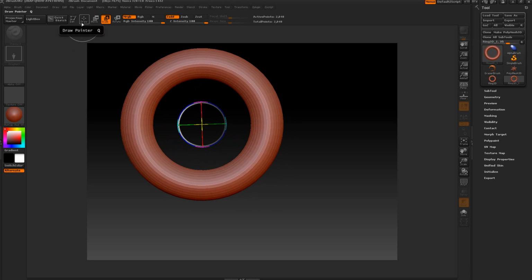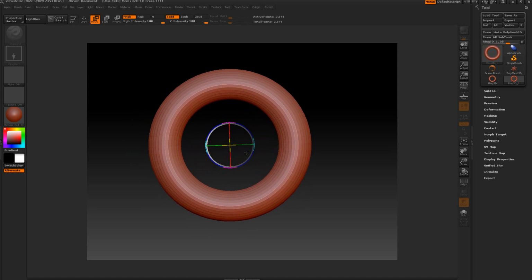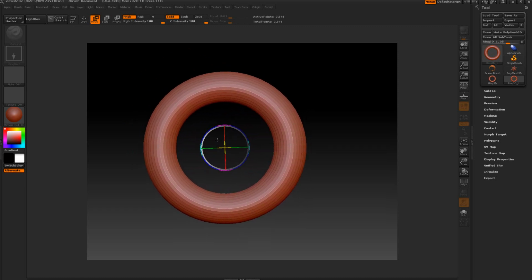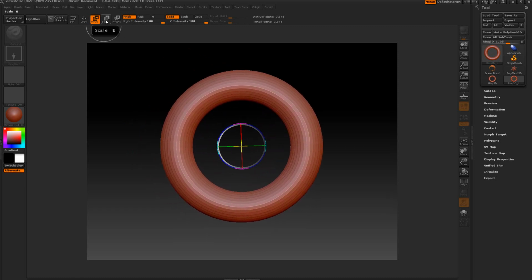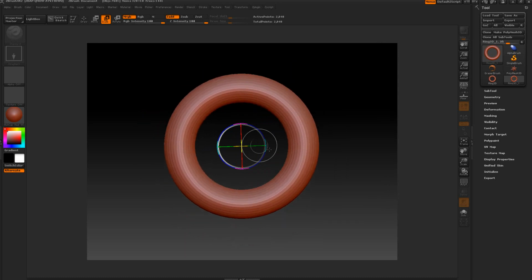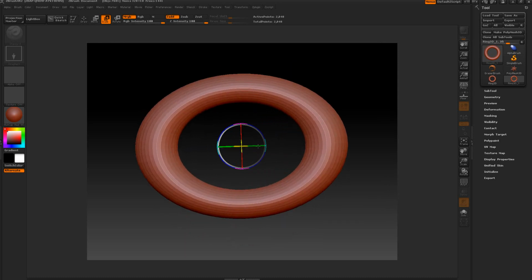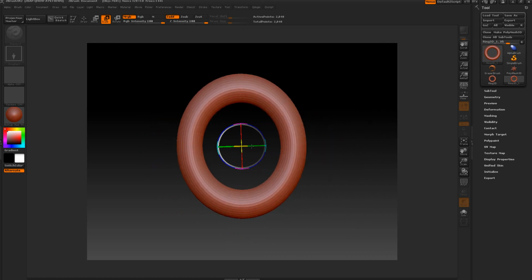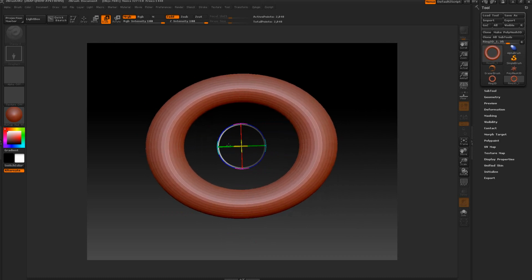Now if I go back, let's go back into move mode real quick. If I try moving and grabbing the center of the circle, nothing will work there, so you gotta kind of be in the blank area right here. I just want to scale that up so you can see it. Let's get back to scale here. Like I said, if you get in any of these blank areas right here inside the gyro, you can scale it uniformly. And if we come over here on the line and we scale it this way, you can see right here